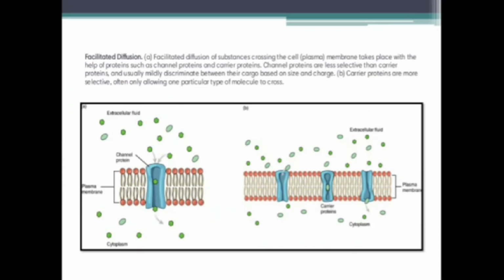Another type of diffusion is facilitated diffusion. Solutes dissolved in water on either side of the cell membrane will tend to diffuse down their concentration gradients, but because most substances cannot pass freely through the lipid bilayer of the cell membrane, their movement is restricted to protein channels and specialized transport mechanisms in the membrane. Facilitated diffusion is the diffusion process used for those substances that cannot cross the lipid bilayer due to their size